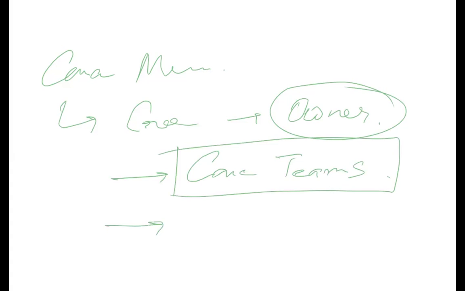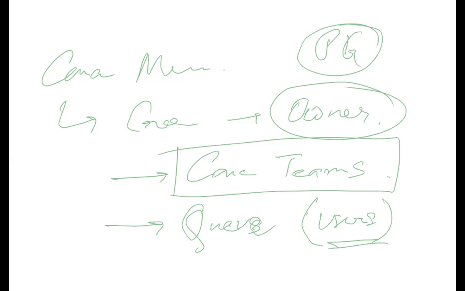A case, when it's not assigned, can also be assigned to a queue. That means nobody has picked it up yet. What is a queue? A queue is a group of users. So public group we already have. What is the difference? The difference between a public group and a queue is that a public group is used for assigning, like sharing records. We saw that with user public group. A queue is used to have ownership of records. So a group of users, when they are owning a record, that is called a queue. So a queue and a public group have to be created separately. We'll show that.